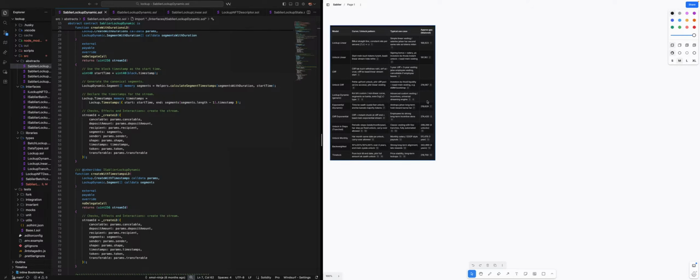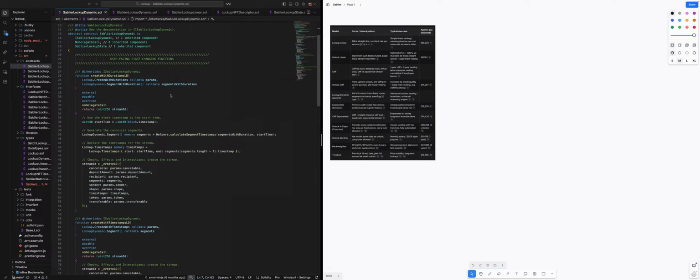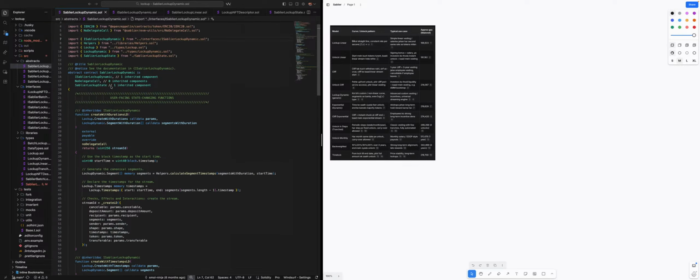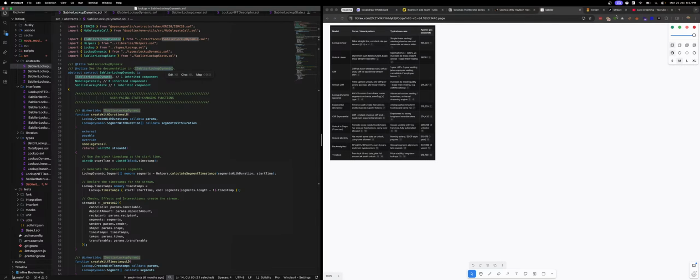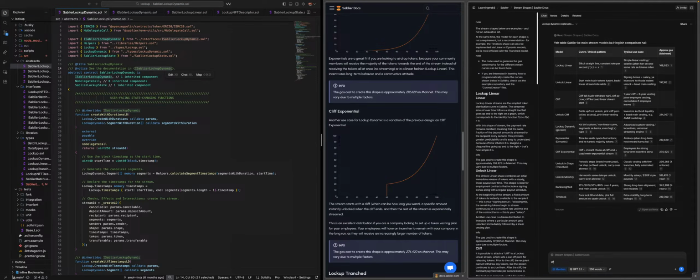Okay, so here I have got the difference, right? So we are looking into dynamic. So what exactly is dynamic? Is it model or what? What exactly is lockup? Lockup dynamic. Is it